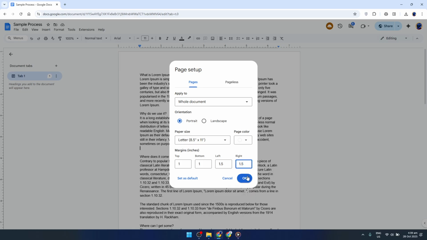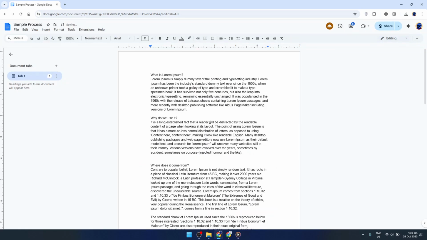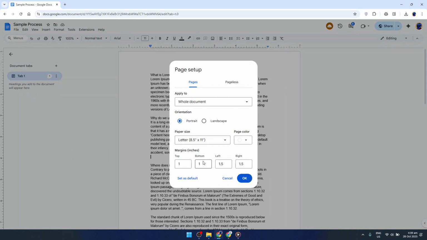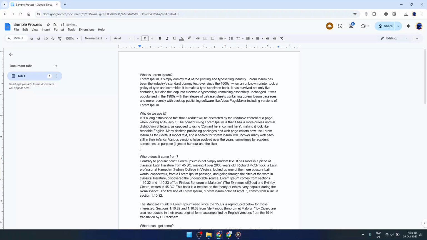If you're unsure about what the values should be, a typical margin size for standard documents is about 1 inch. But this can vary depending on your specific needs or the requirements you might need to adhere to for a particular document. After you've entered the new values for your margins, make sure you've double-checked them. Once you're satisfied with the numbers you've entered, go ahead and click OK. This will apply the changes to the document you're currently working on, and you'll see the text adjust according to